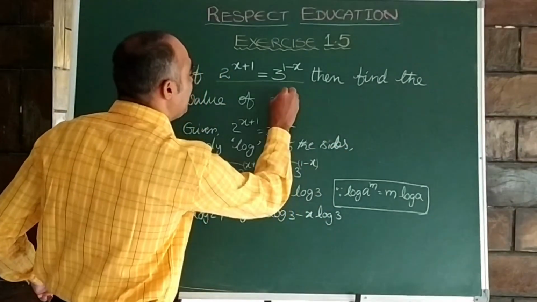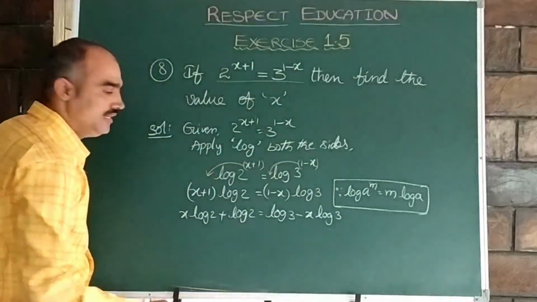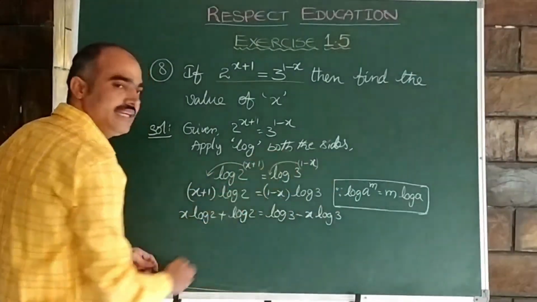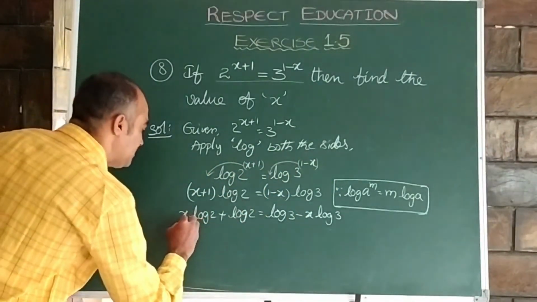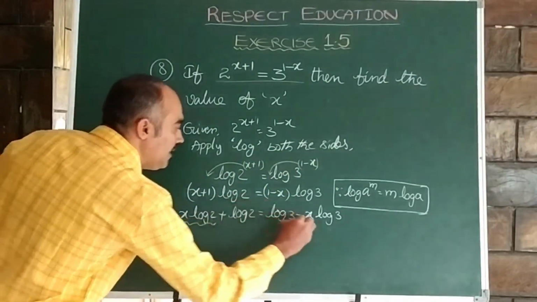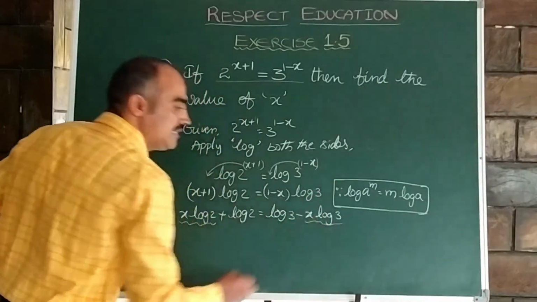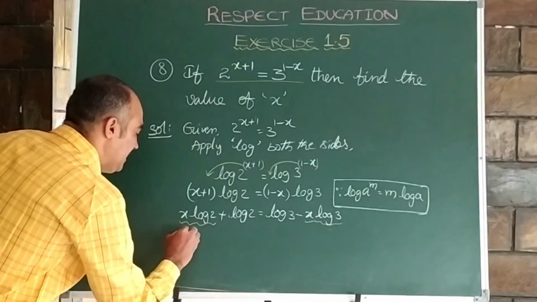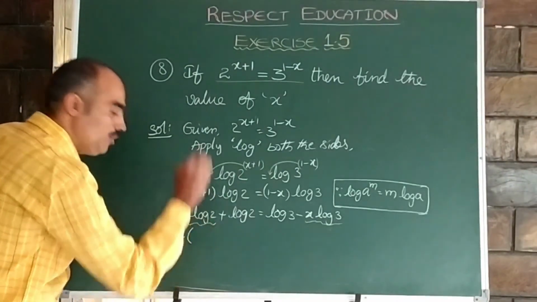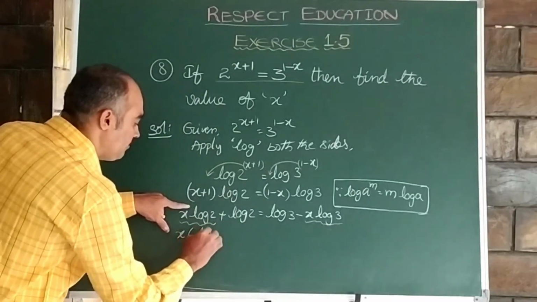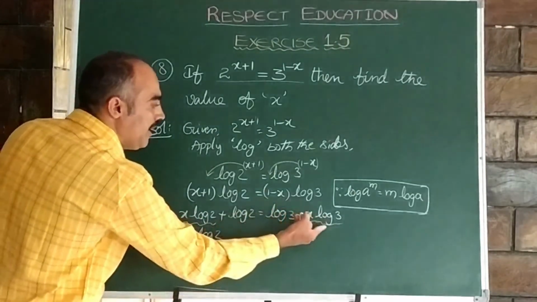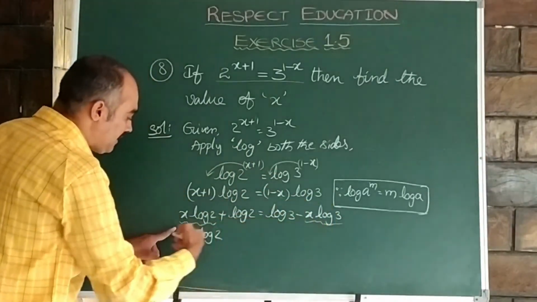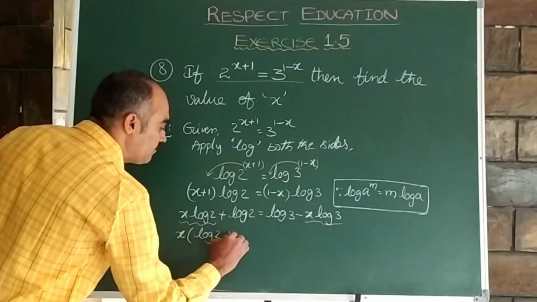Here you see, children, we are in need of finding the value of x. So let us bring the x terms to one side and constants to the other side. So here let us see what the x terms are. See, x log 2 and minus x log 3, these two are the x terms. So let us bring that term to this side. So here it is, x log 2 is there, I am taking x as common. So here log 2, when this minus x log 3 comes this side, it becomes a plus x log 3. I am taking x common, so it is plus log 3.